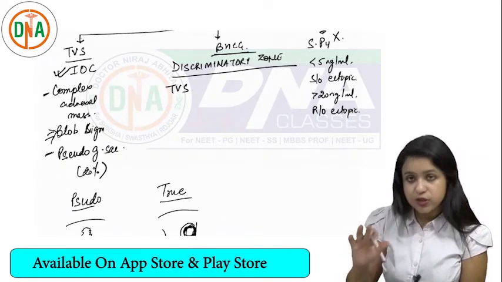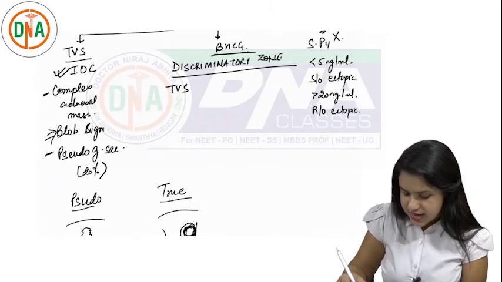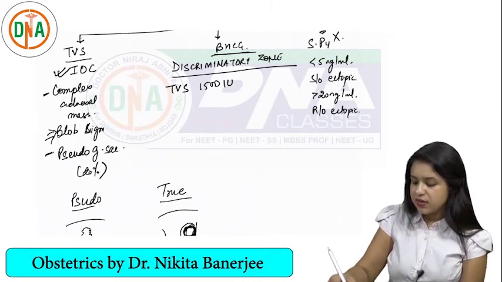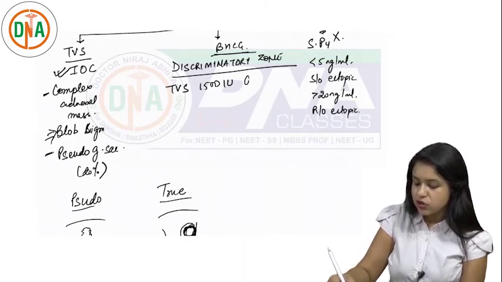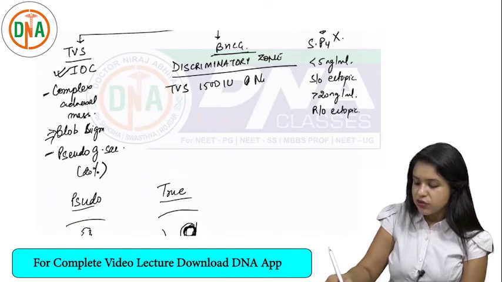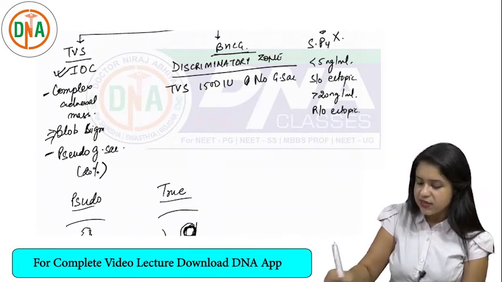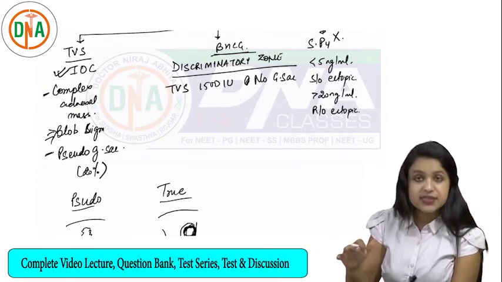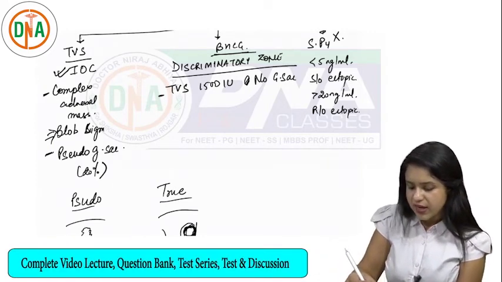If you don't see it, then you should know that at 1500 international units per liter, the G-sac should be visible in the uterus. So if there is no G-sac at 1500, which is beyond the discriminatory zone, then this is suggestive of ectopic